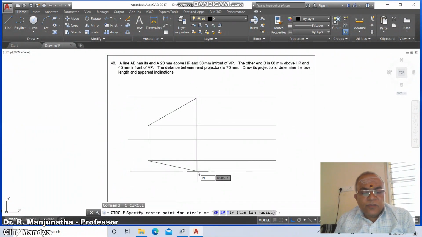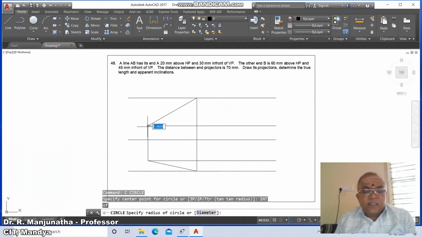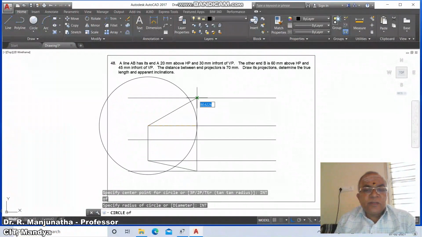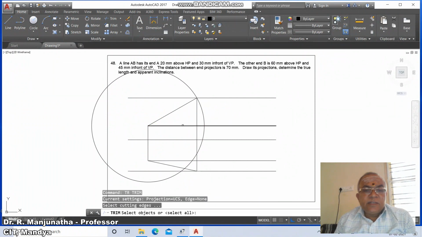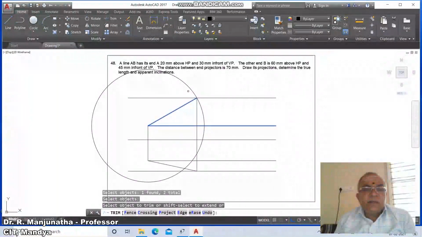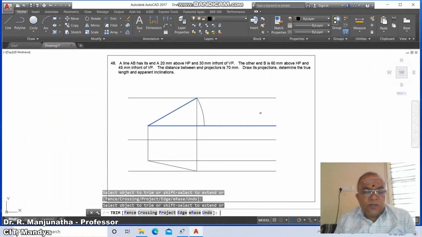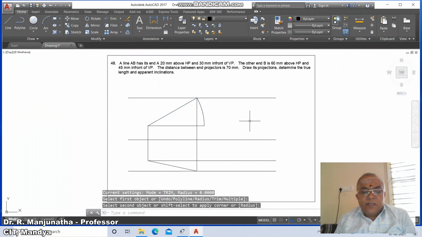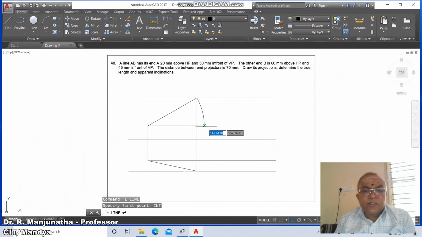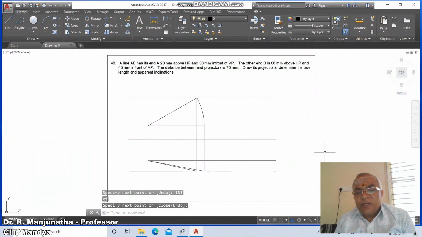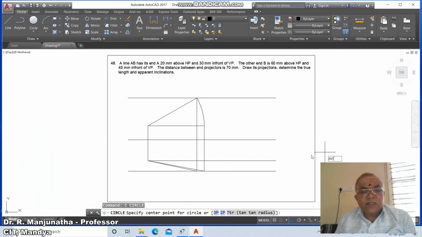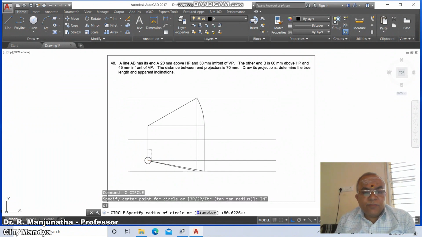Go to circle command, draw a center point as the intersection of this point, and the intersection point of this as the radius. Then go to trim between this and this line. You're going to remove the extra arc. Then go to fillet between these two. Then go to line, take intersection point of this to perpendicular to this. Then from here you take intersection point of this. Once you get this, then go to circle, take intersection point of this to intersection point of this.